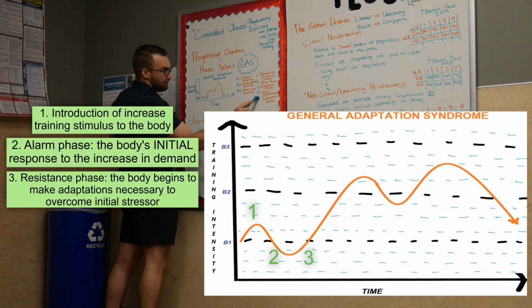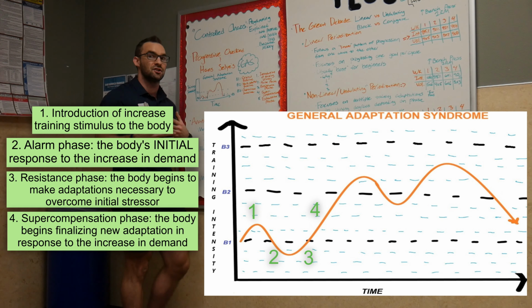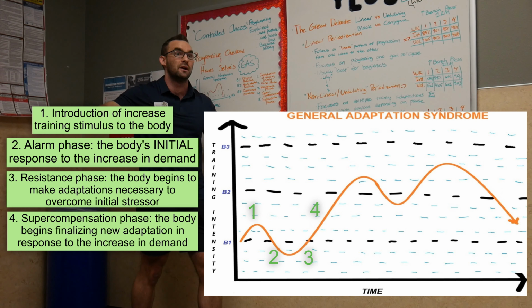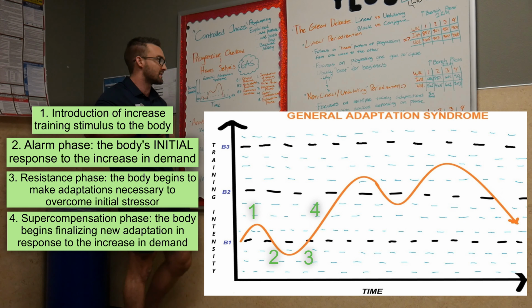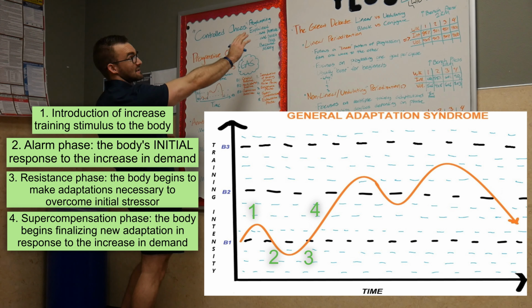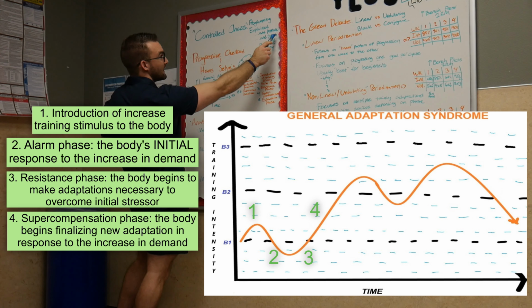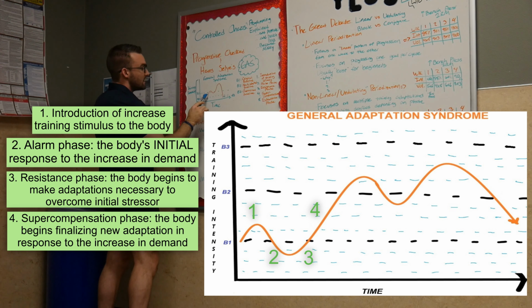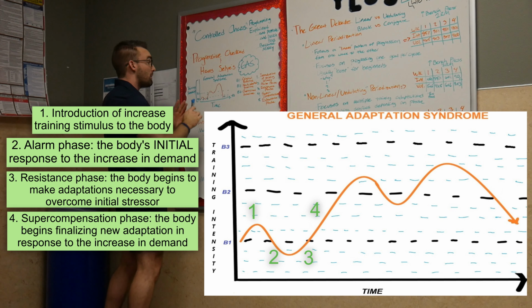And point number 4 is known as super compensation. Now, normally when I bring up compensation, it's a bad thing. It's like a compensation model where we have limited shoulder range of motion, so we have to flare the elbows out in our bench press. I'm going to try to throw bench press into this as much as possible because I probably won't be able to get to too much on posture and bench press because this is really important, but I'll try my best. So super compensation here is a really good thing because now our body is surging beyond that old baseline and setting in those new adaptations.